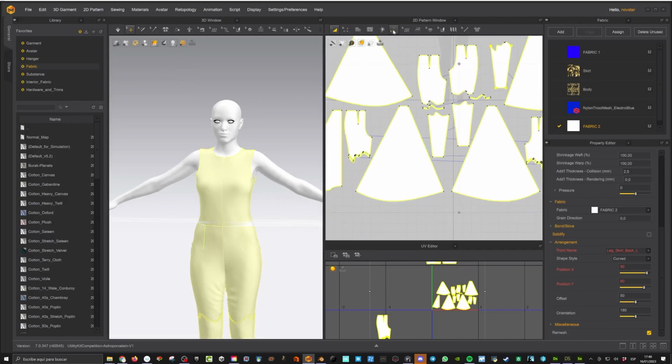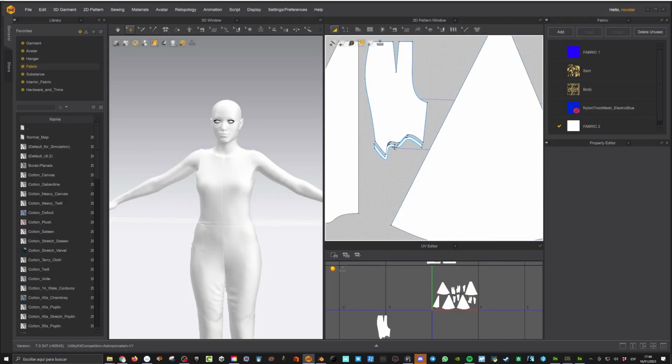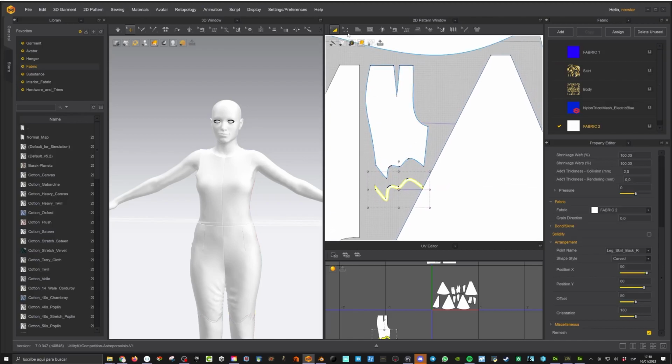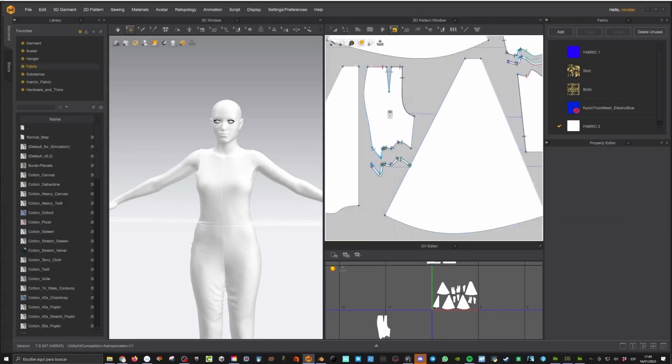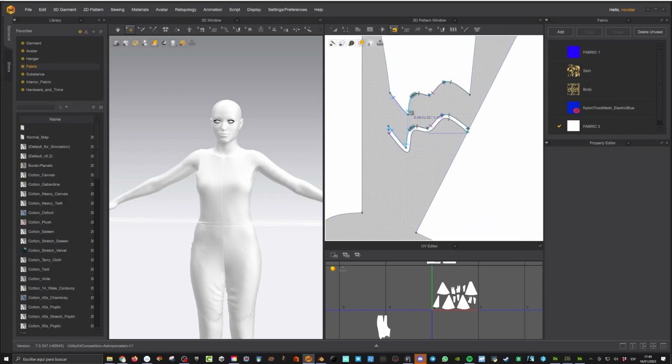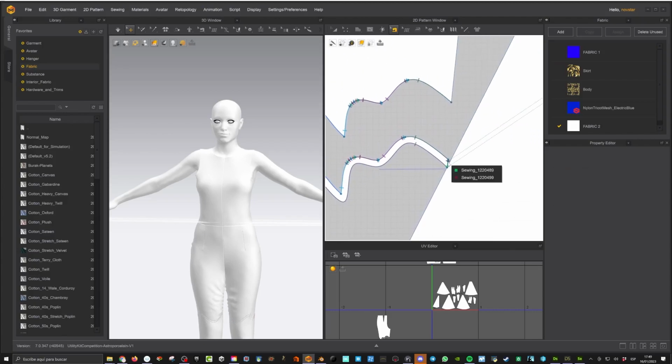Okay, let's check actually the sewing lines. Then let's make sure this is a little bit further spread away. Oh, it's a little bit too much. Yeah, so I think actually this is good. Okay, let's actually get rid of the sewing lines. I think they got a little bit distorted, I can tell here from before. And sometimes resewing things really helps to make sure everything fits well. And I really want to get rid of those and make sure they're just,